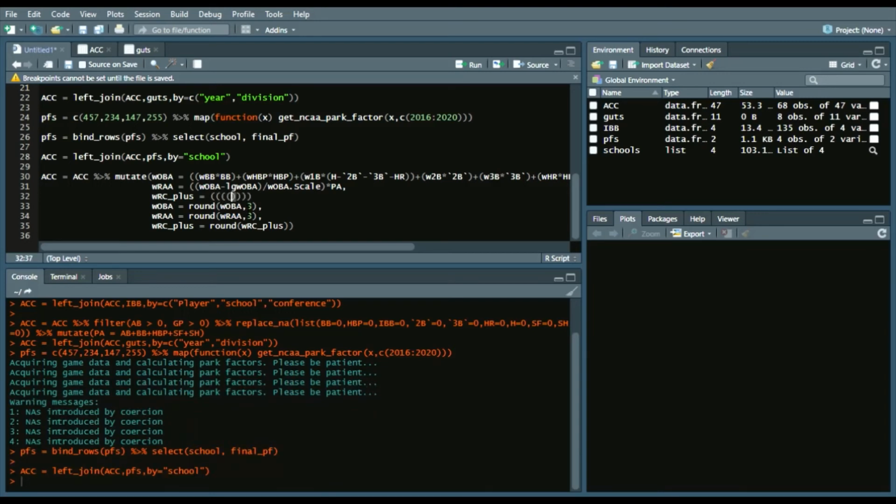So we're going to start by adding 4 parentheses, and we'll start by saying weighted runs above average divided by PA. So the weighted runs above average over the amount of plate appearances a player had plus the league runs per plate appearance, which I believe is 1.39. Say plus, add another parentheses, runs per plate appearance